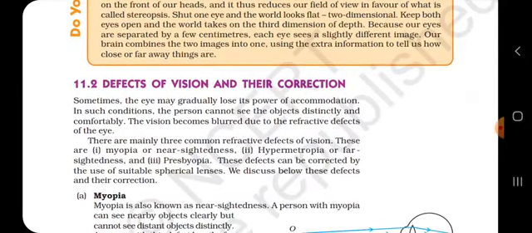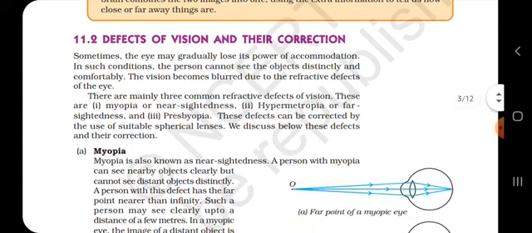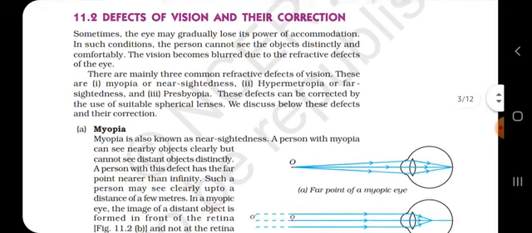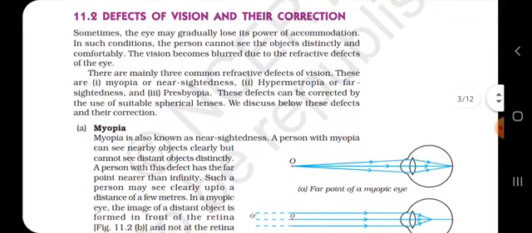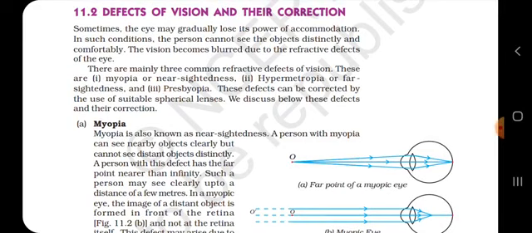Next thing today that we are going to study is the defects of vision and their corrections. As I told you in chapter number 10, we are going to see two types of defects of vision, and also the uses of lenses for the correction of vision. Okay, we studied two types of lens, the convex lens and the concave lens. Here we will be studying how they are useful for the correction of vision in our day-to-day life. Okay, please pay attention over here. This topic is quite useful for the examinations. So, the defects of vision and their corrections.